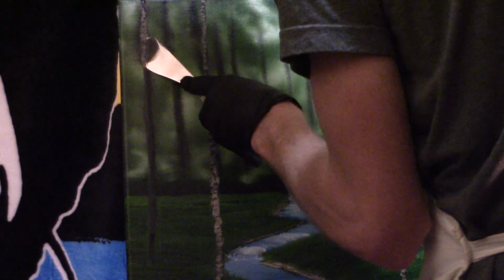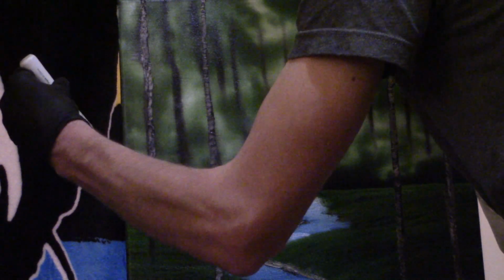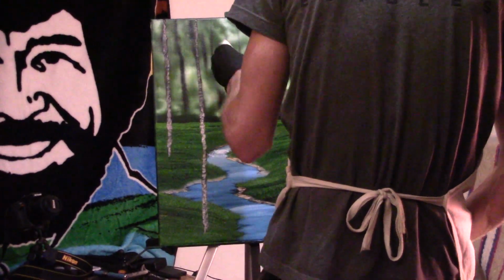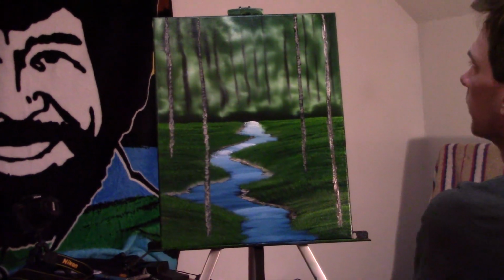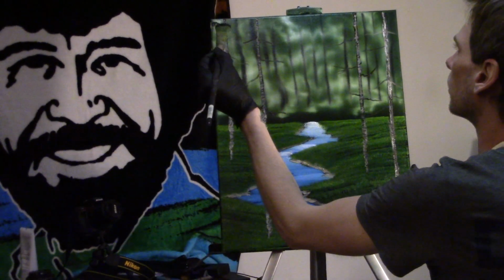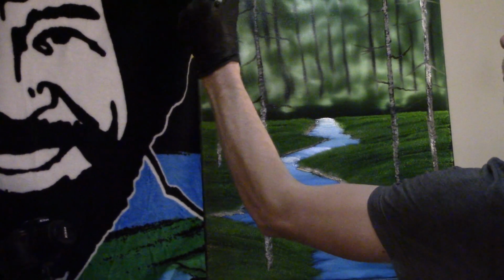Finishing up this last tree here, I did cut out the next step, basically because it ended up being useless. I didn't really need to do that step. All it did was put some branches on the trees, and I ended up covering all the branches up anyway, so I didn't even need to put them in there. So I just trimmed that section out and moved on to the next part, just to also keep time down a little bit. As you can see, the branches are there now,